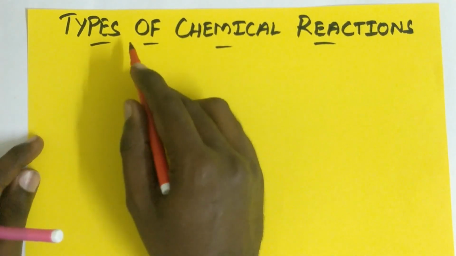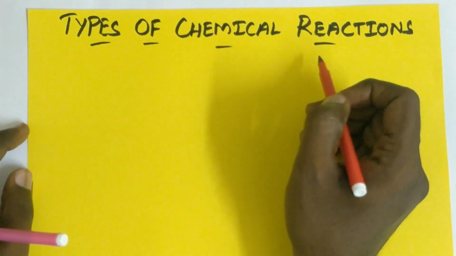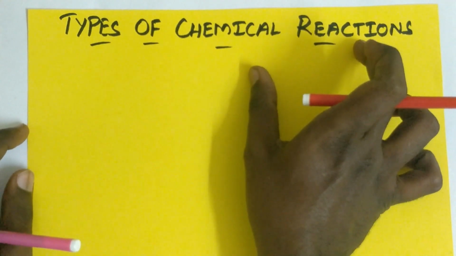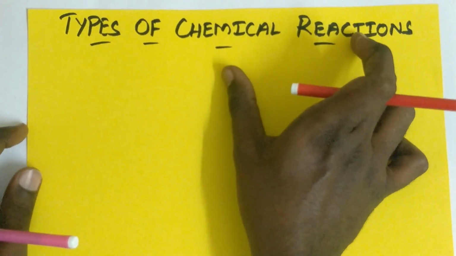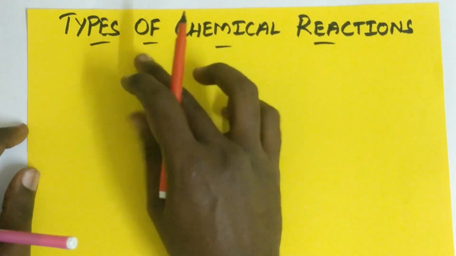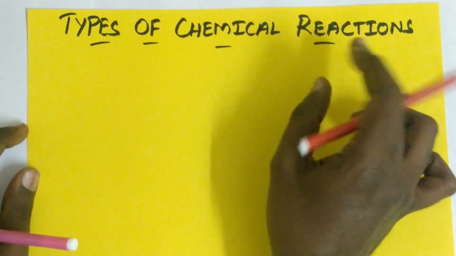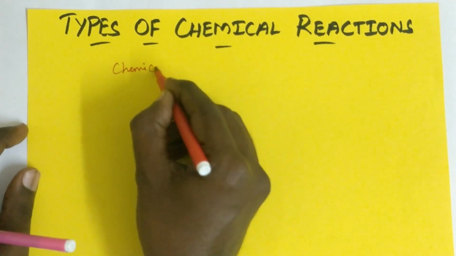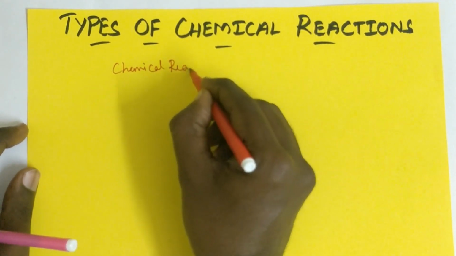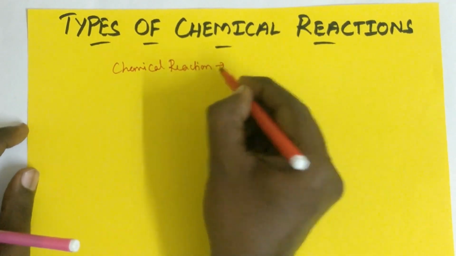So next lesson is a new lesson, types of chemical reaction. It is an important lesson because in this lesson they will ask maximum questions, most probably problems. So before starting this lesson, first we will see what a chemical reaction is. So chemical reaction means